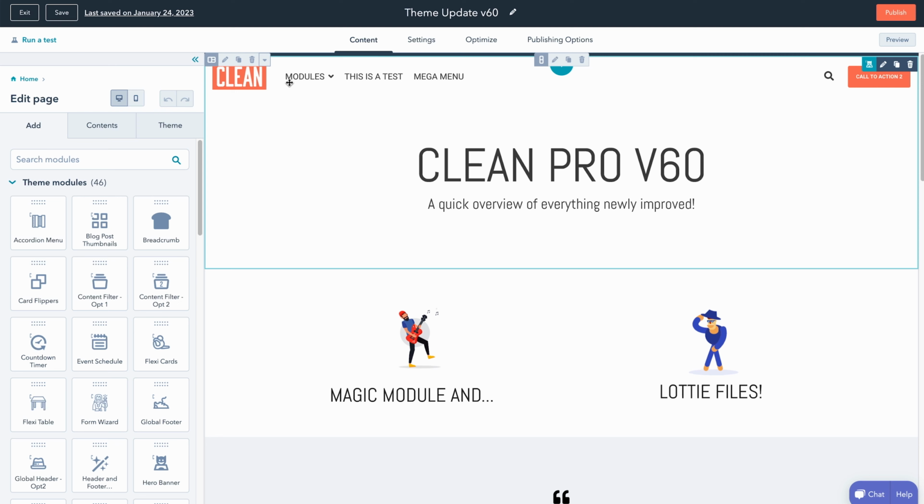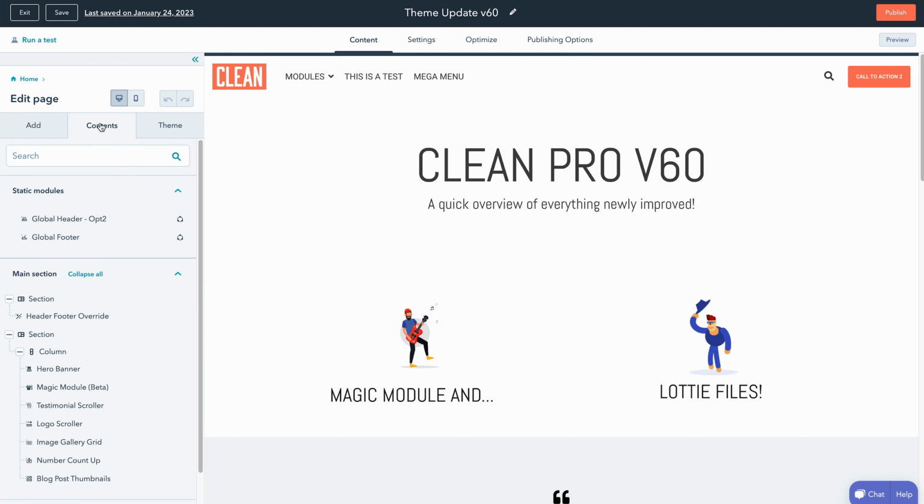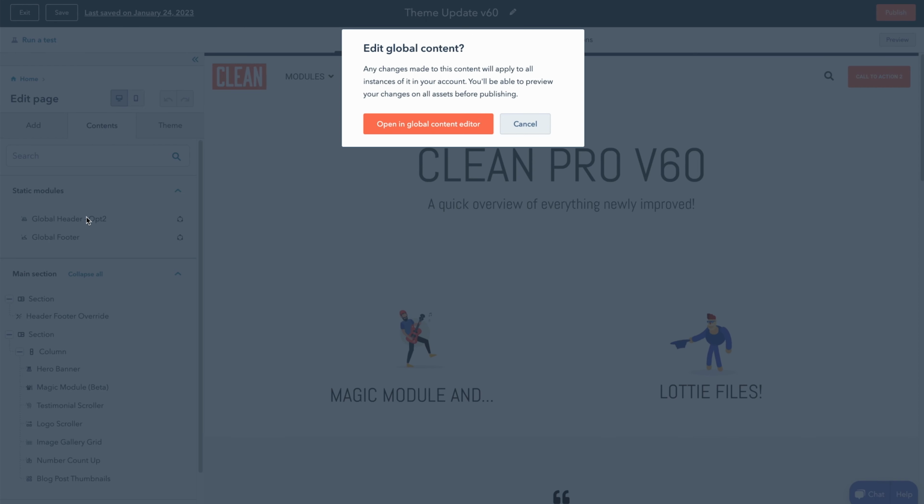I'll show you a few of the new things that you can start playing with right away. So first and foremost, let's start with the global header navigation. One of the common things that I was asked about is creating what's called an active state for the sub navigation menu. So if a visitor on your website is viewing a specific page, and then they go back up to that dropdown, they can kind of see visually that they're actually on that page, and it's different from